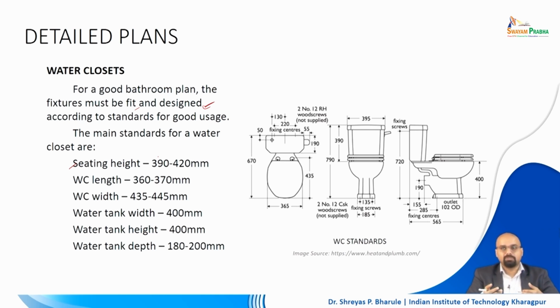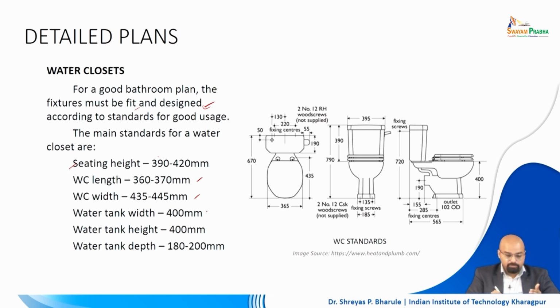This may break, the person may be harmed, and so on. The length is also in a range, 360 mm to 370 mm. The width is also in a range, 435 mm to 445 mm. So these are some of the ranges within which it should be